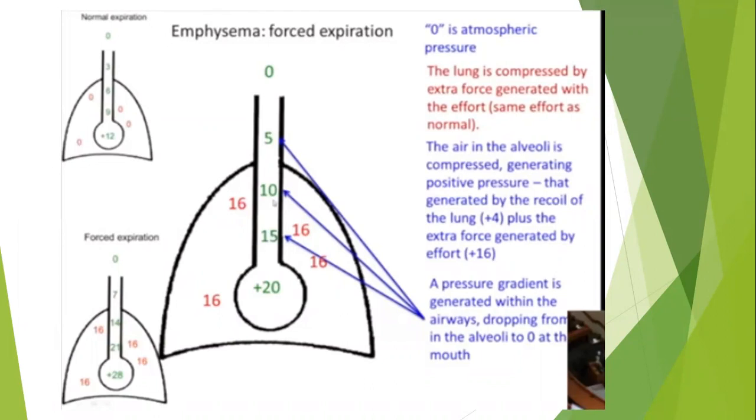What this means is there is more collapse of the airway. In a normal lung, at only one point it was collapsing. But in emphysema, almost the entire airway is collapsing, and this is during forced expiration. In severe emphysema, there is collapse of the airway even during normal expiration. Because the airway collapses, oxygen gets trapped in the distal air spaces. So no matter how much the person tries to force it out, it will remain trapped there.